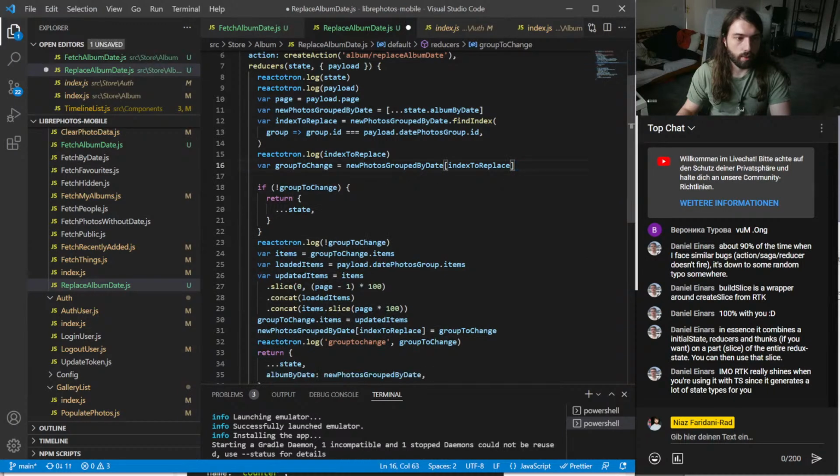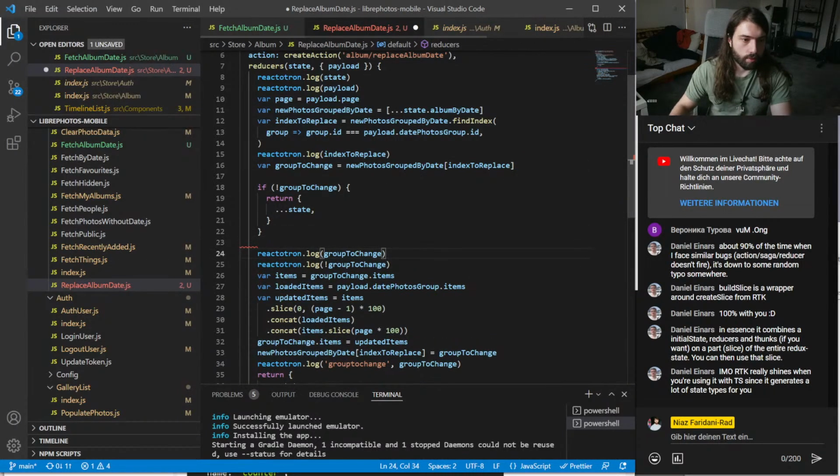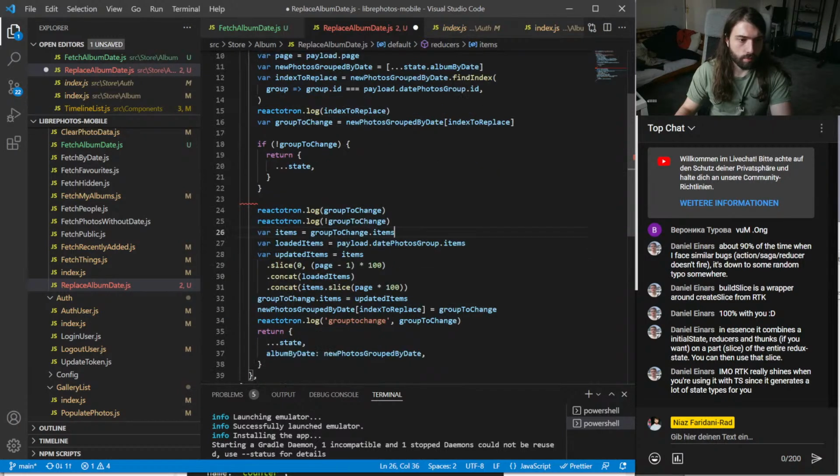So that also works. Why does it crash silently?